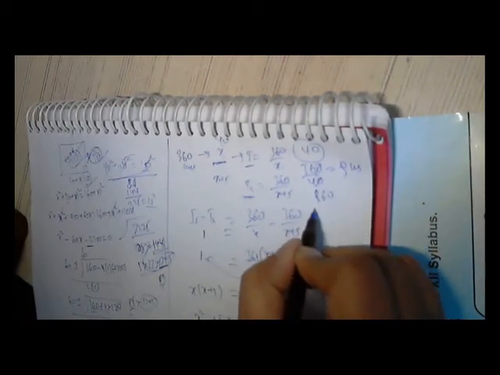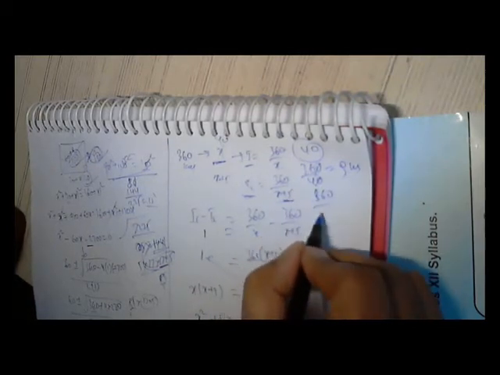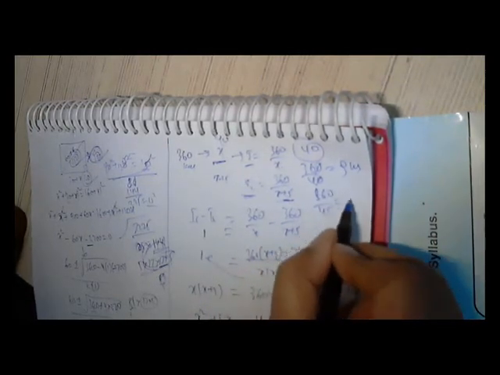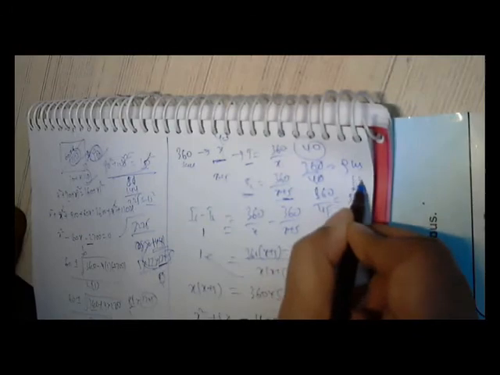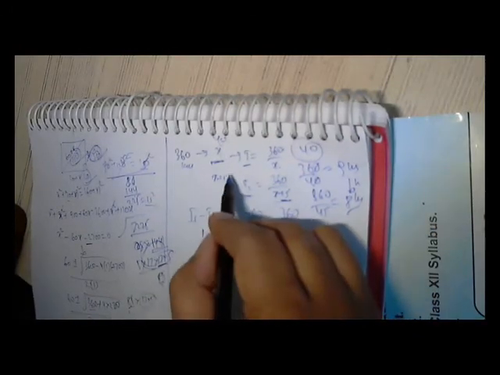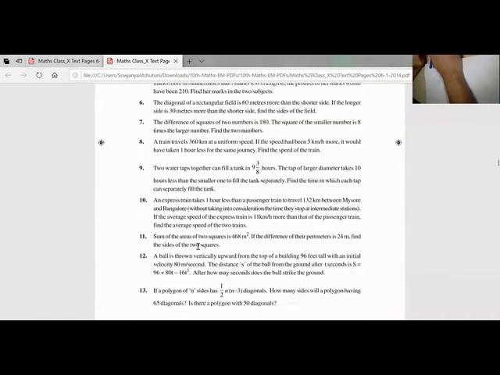Suppose 360 by, if the speed is more by 5 kilometers, 45, so it is taking 8 hours. So 1 hour it is reducing the time. So this is telling my equation. We have to first convert the statement into a quadratic equation, and we have to solve the quadratic equation. We'll do one more problem in this exercise.